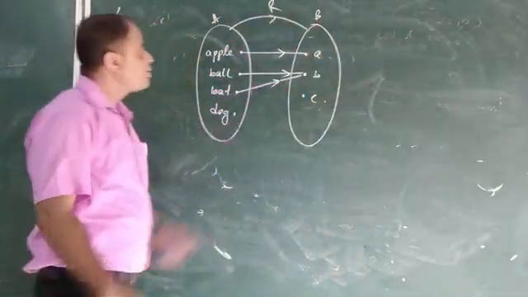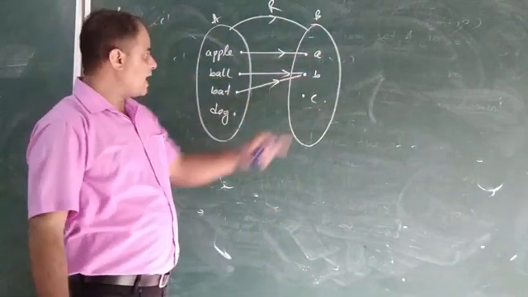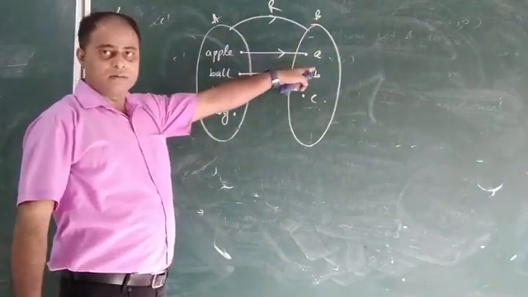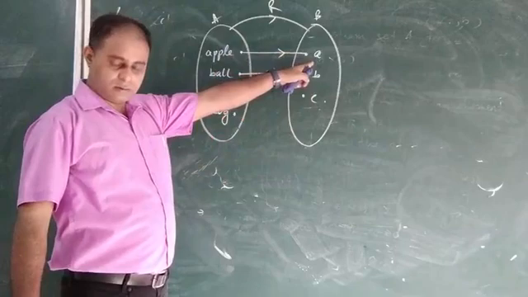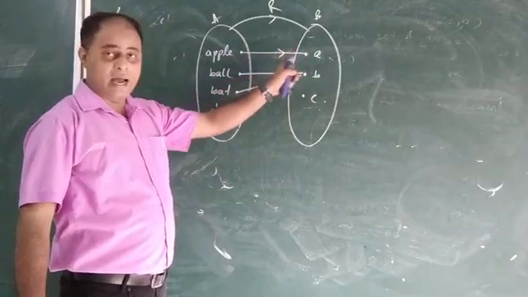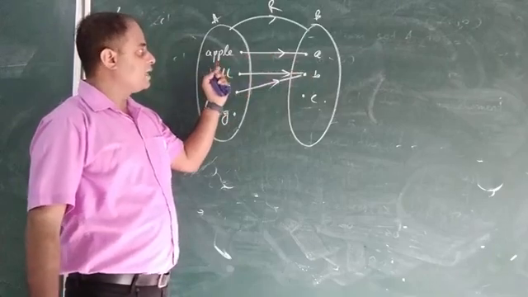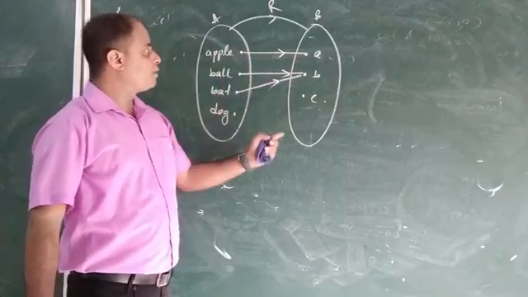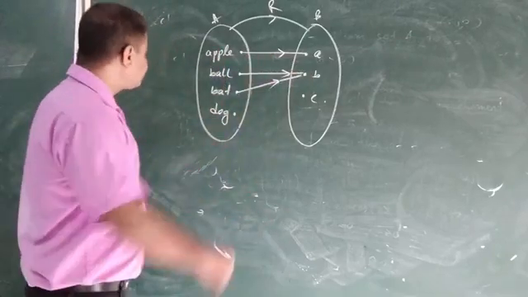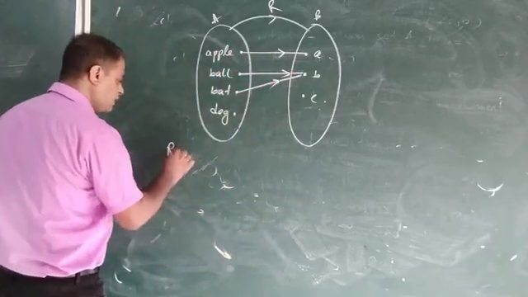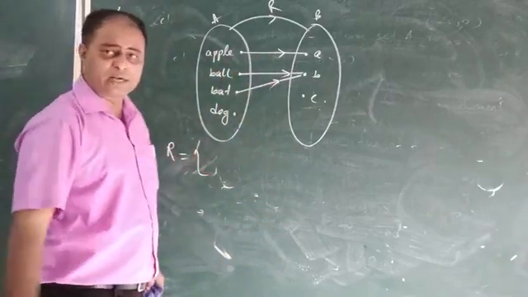So R is a relation from A to B as (x, y), where y is the first element of the word x, and x belongs to the first set, y belongs to the second set. That means if we write the relation in roster form, we get that